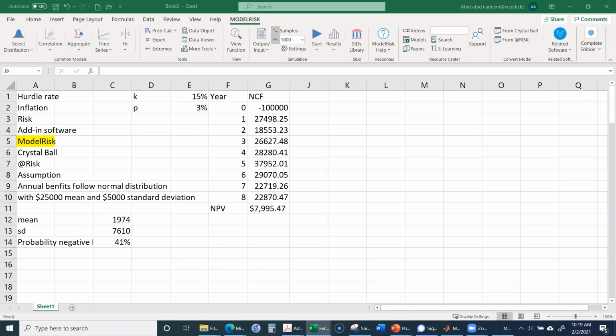Someone has asked what the acceptable probability is. The probability for a positive net present value should be high, at least greater than 50%. Another thing is the standard deviation: when the standard deviation is more than the mean, that means there is a larger variability in the data, so the project may not be very acceptable in this case. Anyway, we have actually run out of time, and